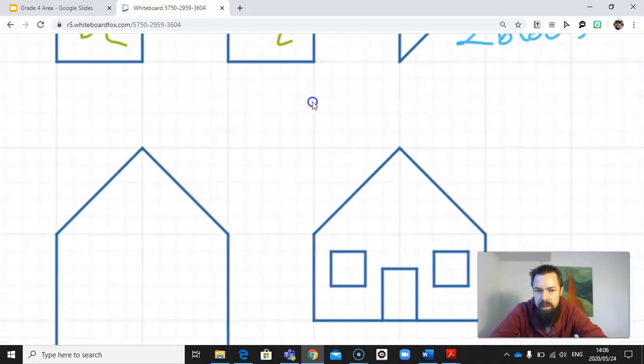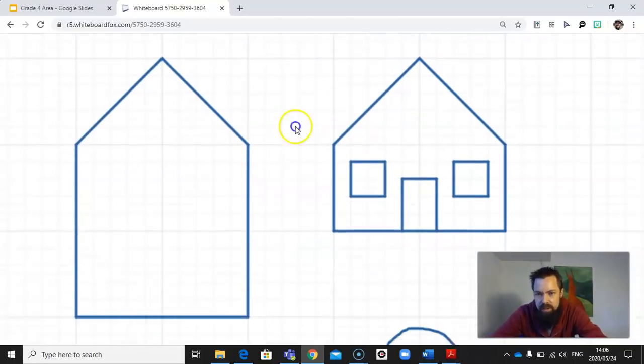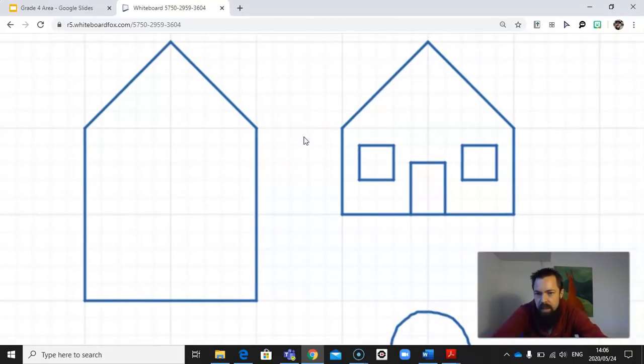Let's move down to the next two. So I've got some slightly different shapes. And this time I think we're going to use the small blocks because over here I don't want to include the spaces for the window and the doors of that house. Okay, so let's start off